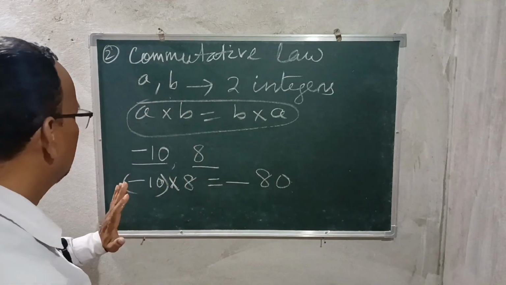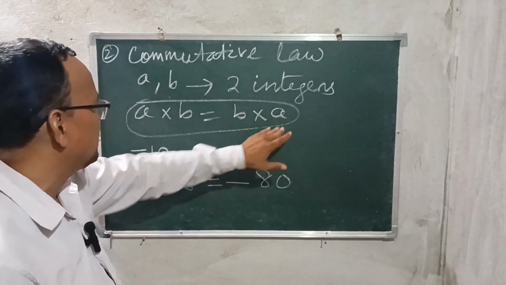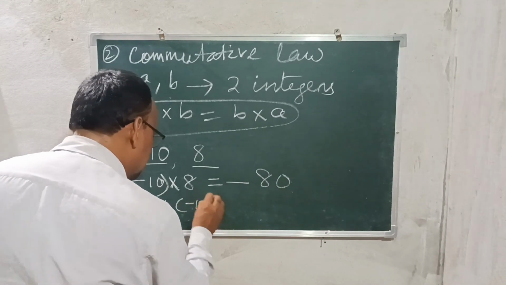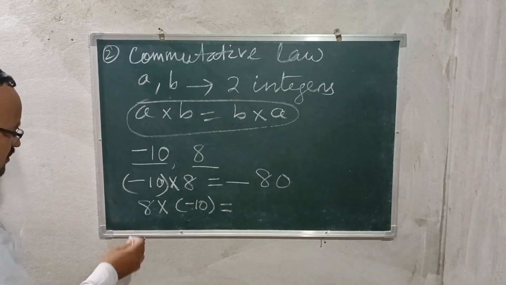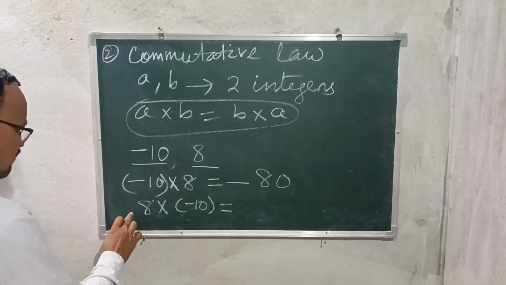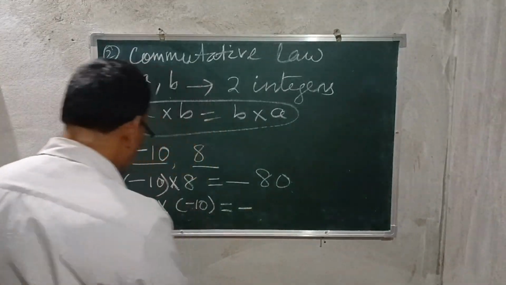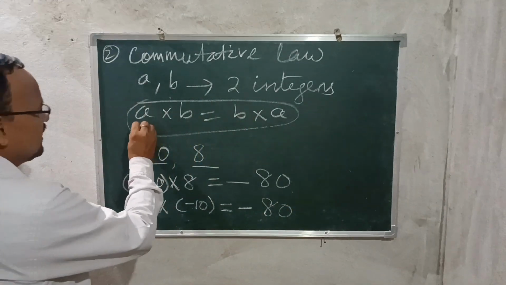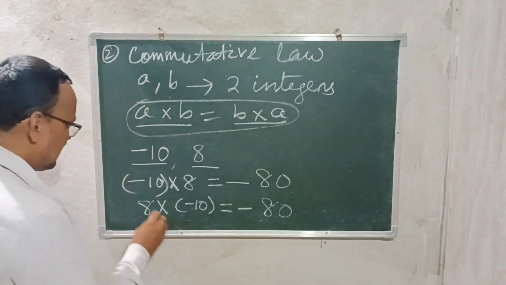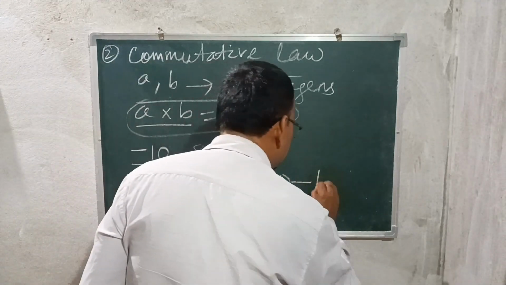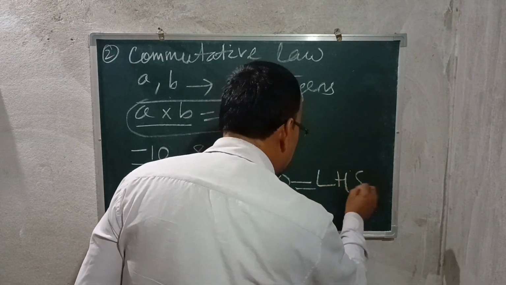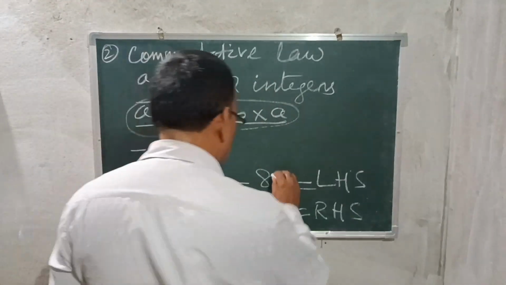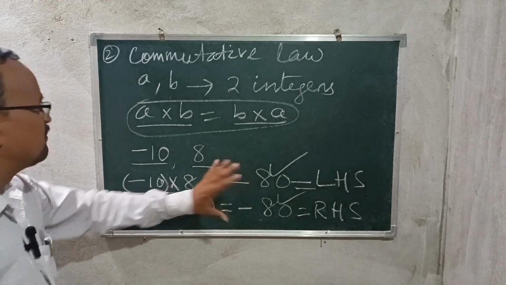And right hand side, that is b into a, 8 into -10. Unlike signs, plus and minus, so there will be minus, and 8 tens are 80. So left hand side and right hand side, they are both equal. This is left hand side, and this is right hand side. Both are equal. So this is the verification of the